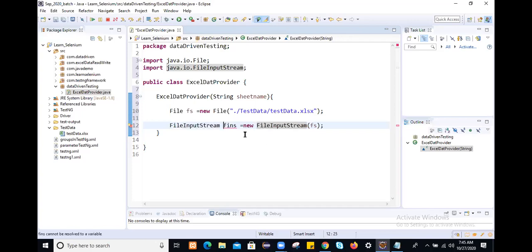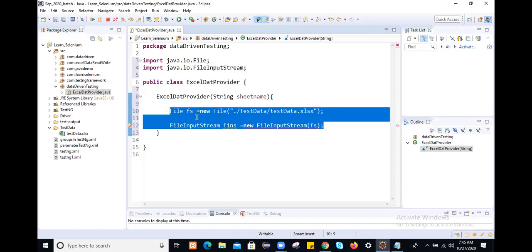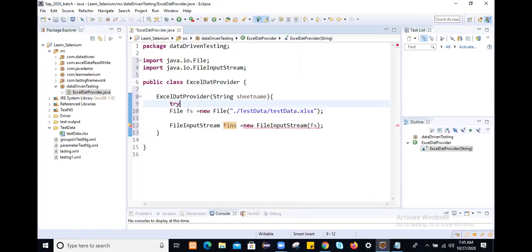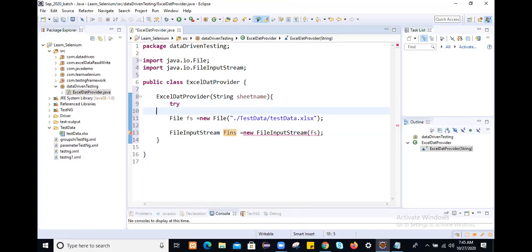Now it will throw a file not found exception. What will we do? Whatever risky code there is, just right click on that code and surround it with try and catch. So how to surround with try and catch? Simply write down try and control paste.